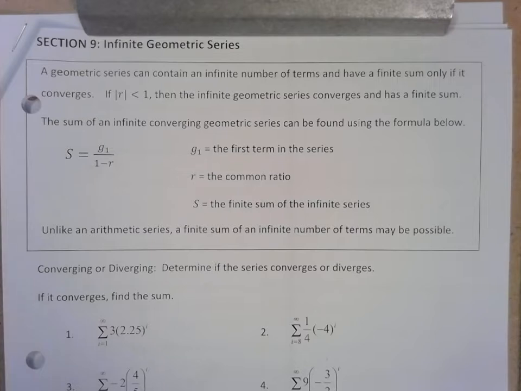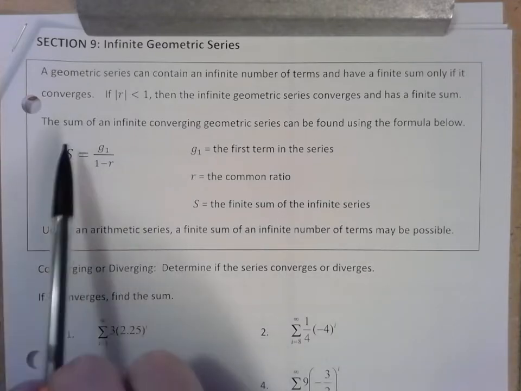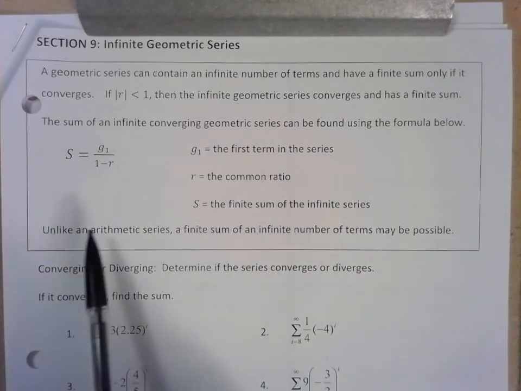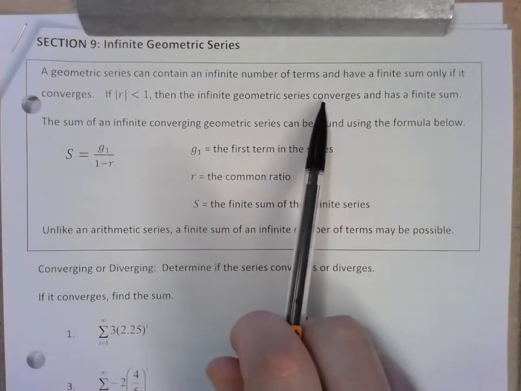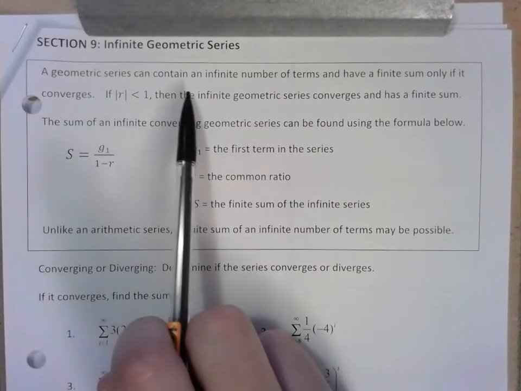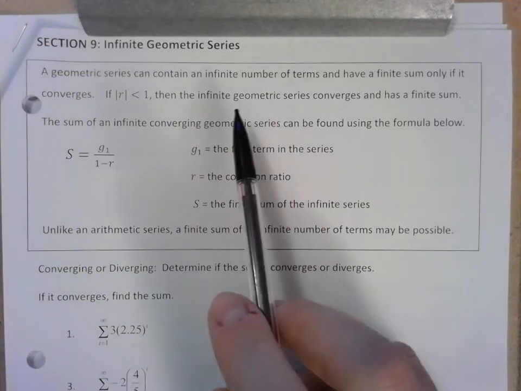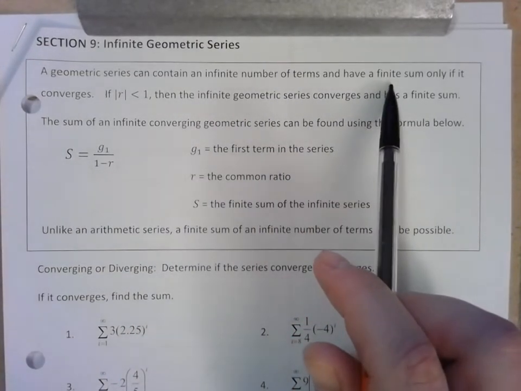Not every geometric series that has an infinite number of terms can be added together. Only a specific type of infinite geometric series can be added together to make a finite sum. A finite sum just means that the sum does not approach infinity and approaches a specific value or specific number. So the definition at the top of the page says we need to only look at a specific type of geometric series, one that converges. So a geometric series can have an infinite number of terms and a finite sum only